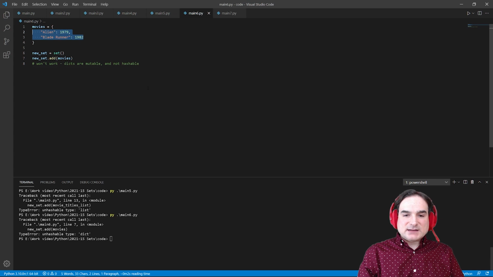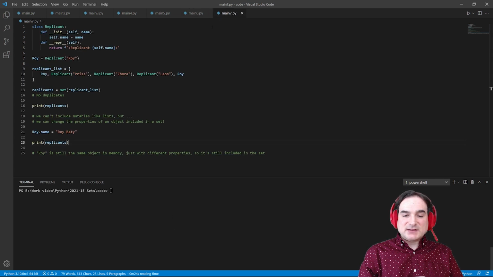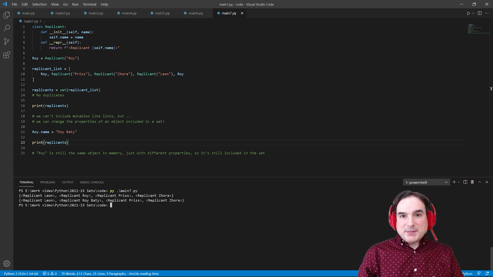Now, when we created a class, you'll notice that we could insert class instances into a set because the class instance object itself doesn't change. But the properties of that class instance object might change, just not the class instance itself. This is a tricky distinction that trips people up when dealing with Python objects, and it's worth talking about a little bit further in another video. But the basics should be clear. You can't use what amounts to a container for other objects as a set element.